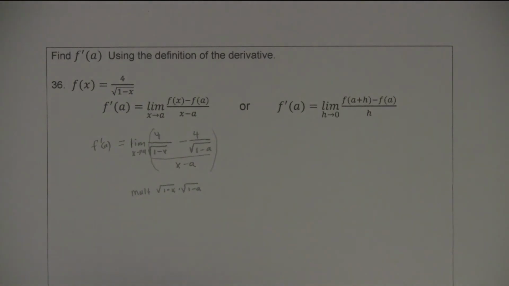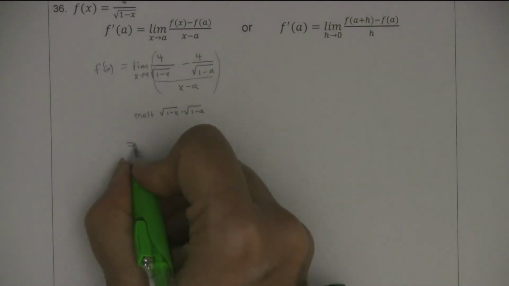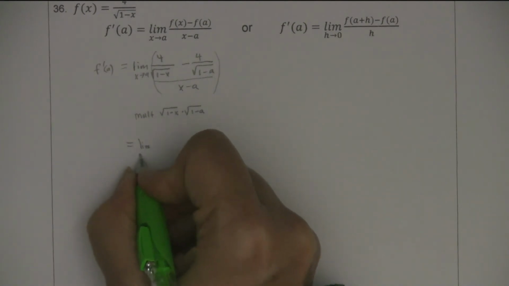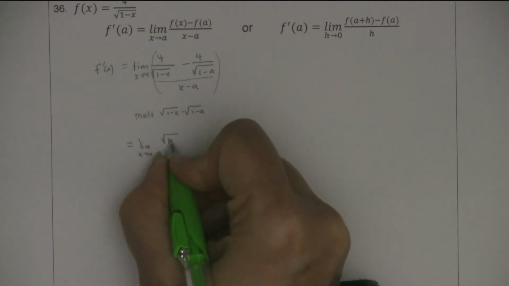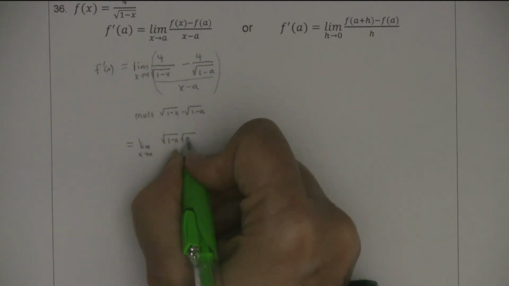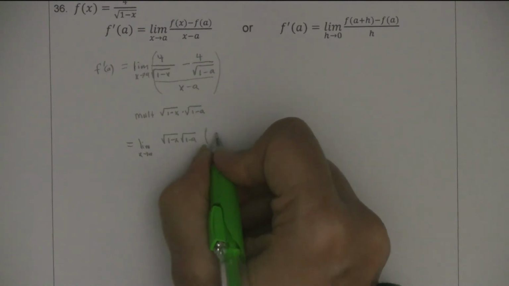I'm going to do that. And so that's going to look like this, the limit as x goes to a, and then I'm going to multiply here by the square root of 1 minus x times the square root of 1 minus a, and I'm going to do that to the numerator here, 4 over the square root of 1 minus x